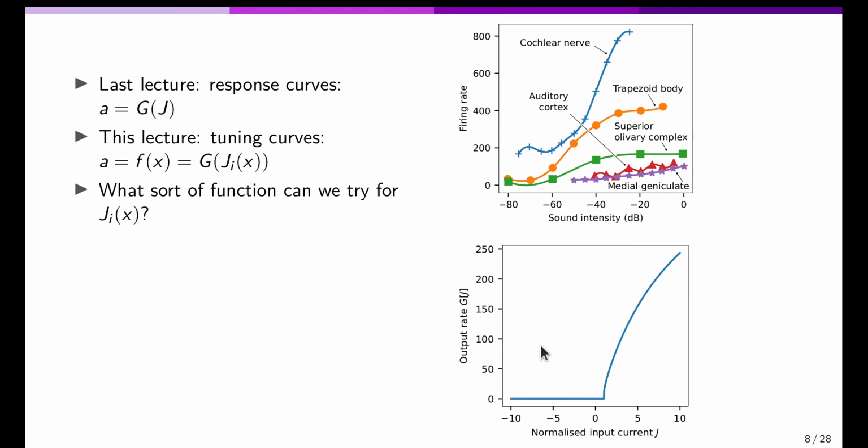Terminology: these things down here, where we're talking about just the actual response of a neuron, are called response curves, whereas these things up here in the literature tend to be called tuning curves. So what is the tuning of the neuron, how does the neuron's activity vary as a function of something else? It might be some external stimulus, it might be